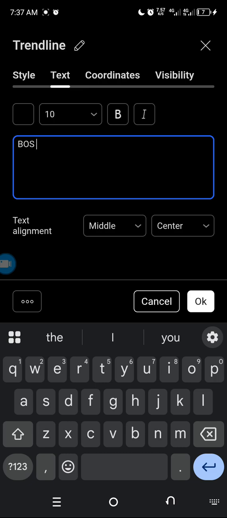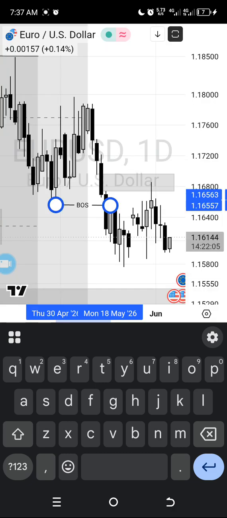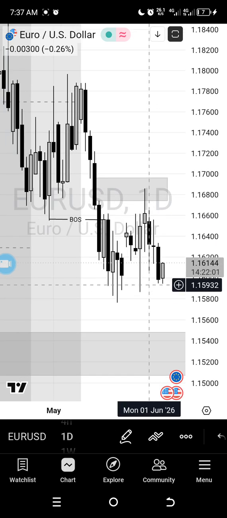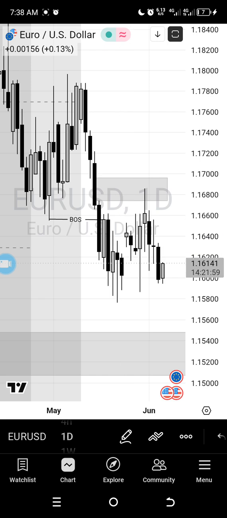So you can call this a bearish break of structure within the range. And you guys understand, right? Okay, right now we got